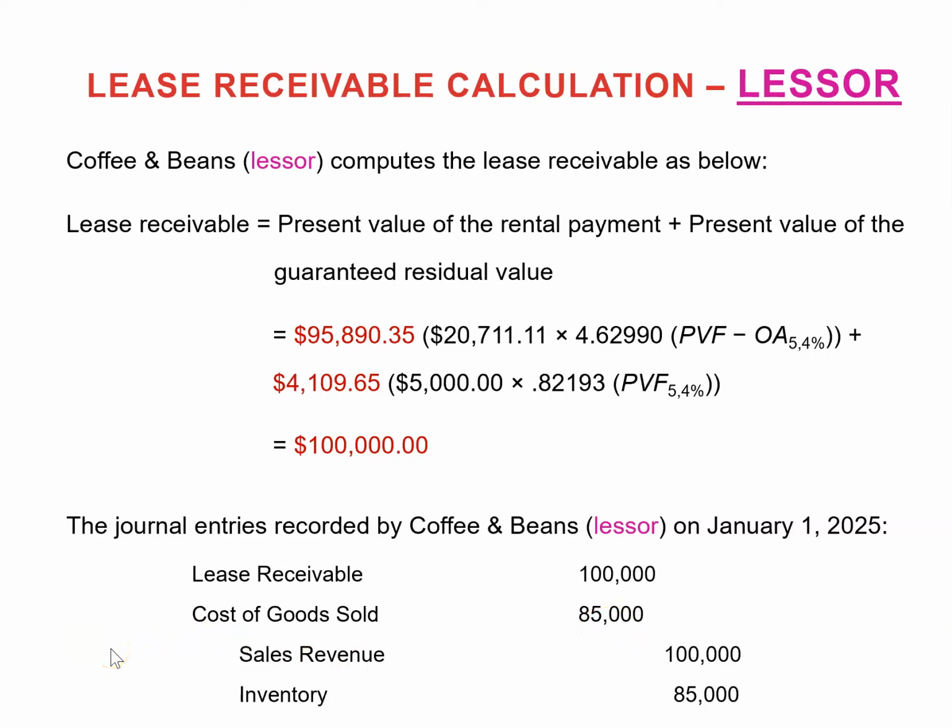So the previous slide told you the information about the cost of that roster that they are selling. It's $85,000, and they will also eliminate that asset or eliminate the inventory. So you can do two separate entries, or you could combine both in one entry. This is the lessor's first journal entry when the lease is created or the contract is signed on January 1st,